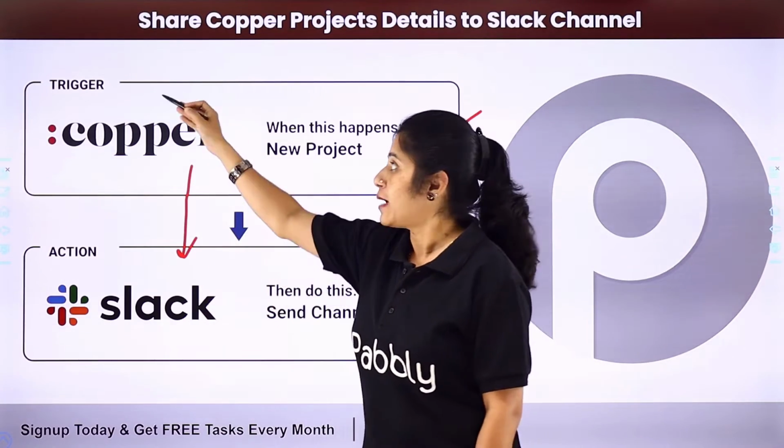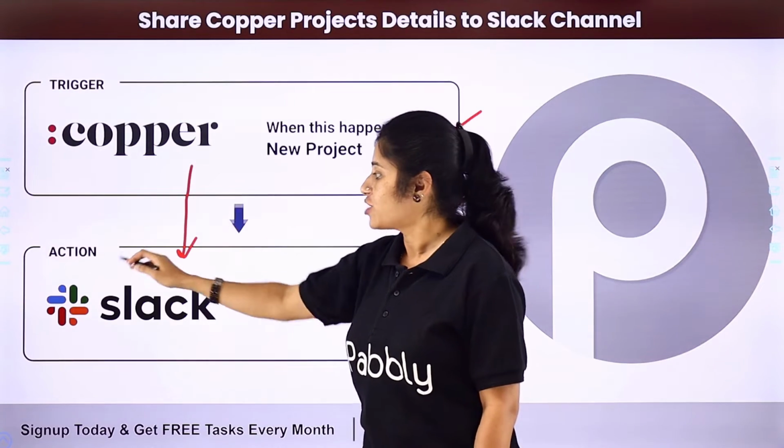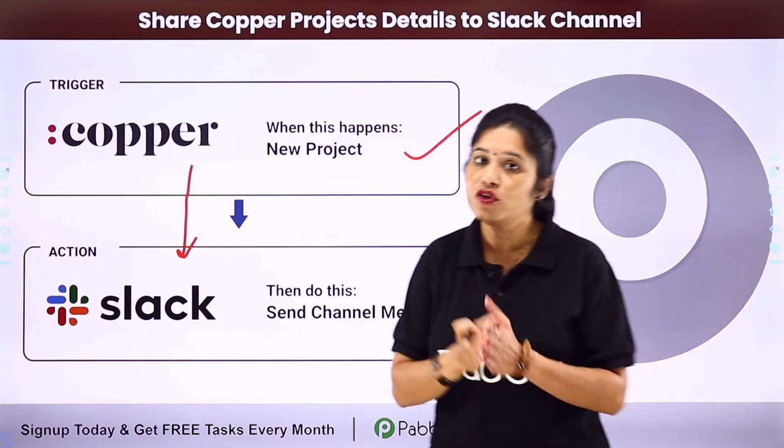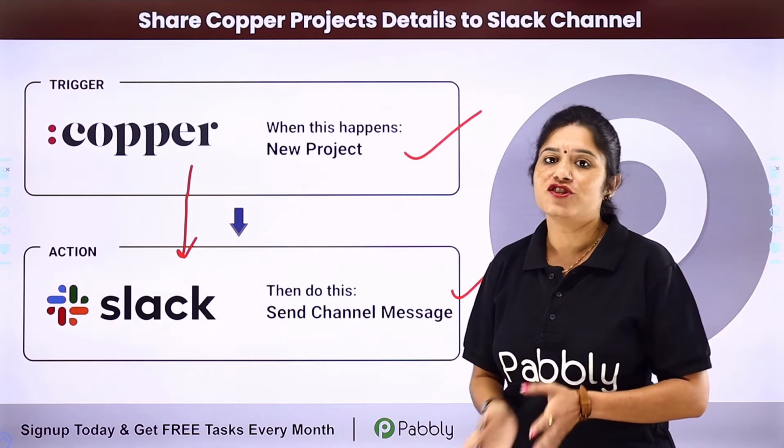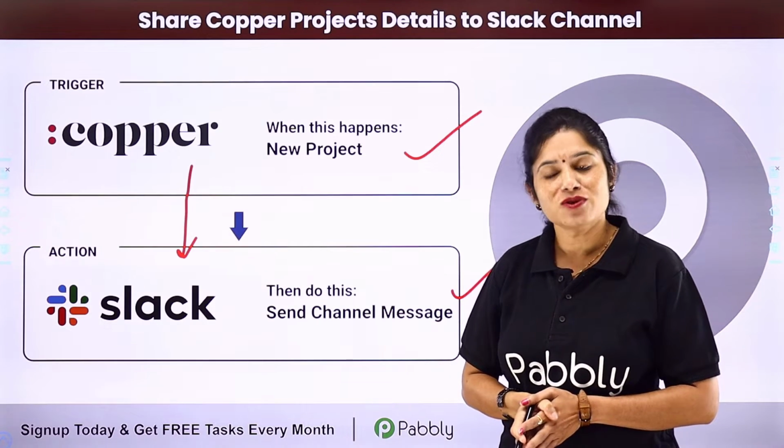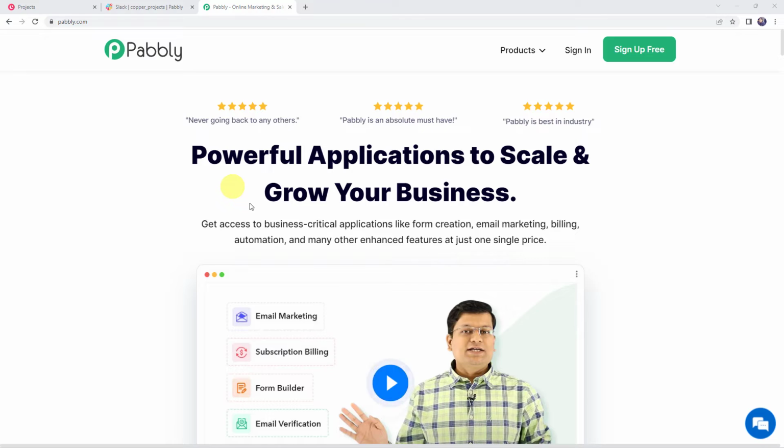So here your trigger application would be Copper and your action application would be Slack. So how you can integrate both these software applications using Pabbly Connect? For that, you need to come to my screen. To integrate Copper with Slack, we just need to log into